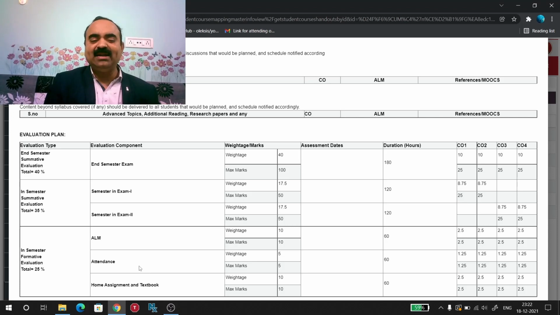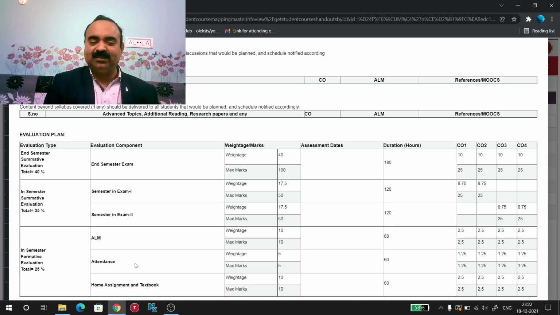As far as attendance is concerned, if your attendance percentage is between 85 to 88%, you will get 1 mark in each course. If it is between 89 and 91%, you will get 2 marks. If it is 92 to 94, you will get 3 marks.